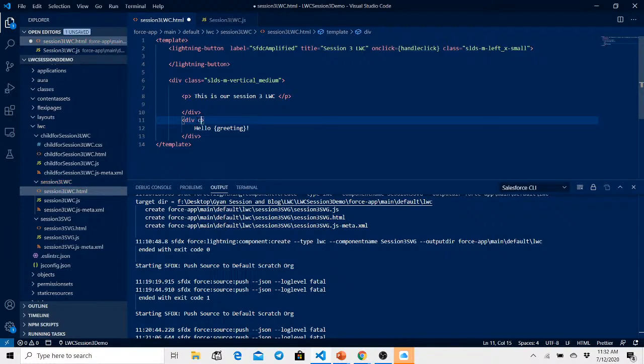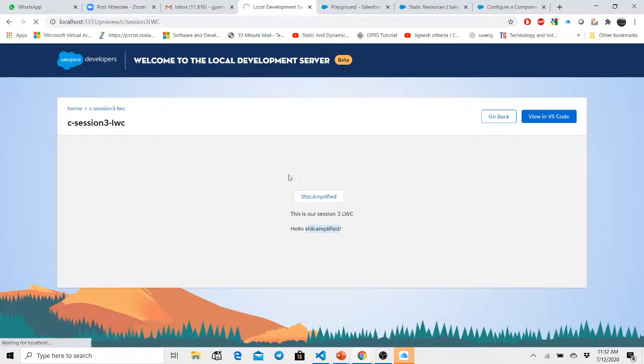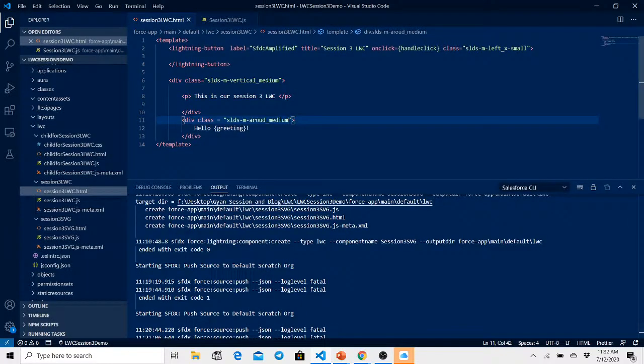So let's define a class. SLDS, let's say medium, and amount. So if you see now here, it's getting loaded. You can see here the text. If we see next,